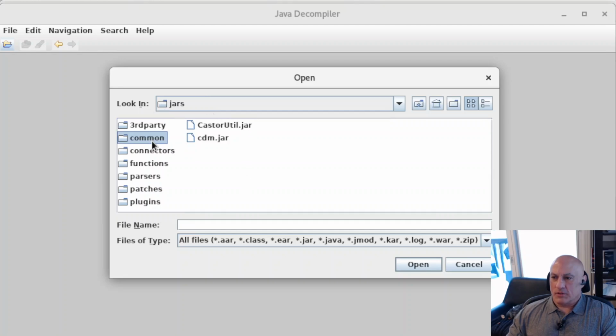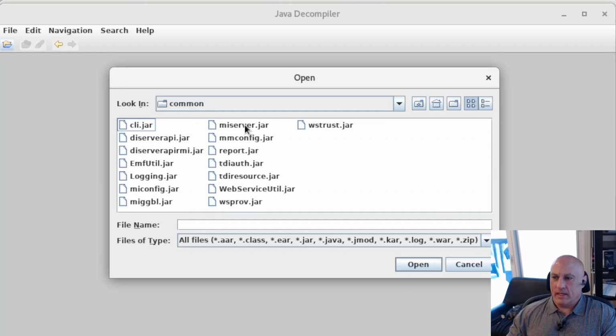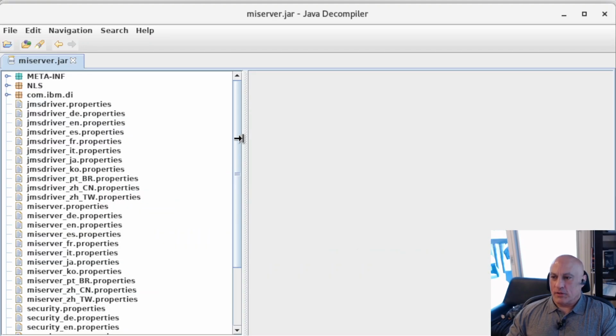Common jar, or jar is common. There we go. And MI server is one, and TDI resource is the other. So we got these two. It'll only open one at a time, but I can come back and get the other ones. But there's MI server, and what we're looking for again is the class